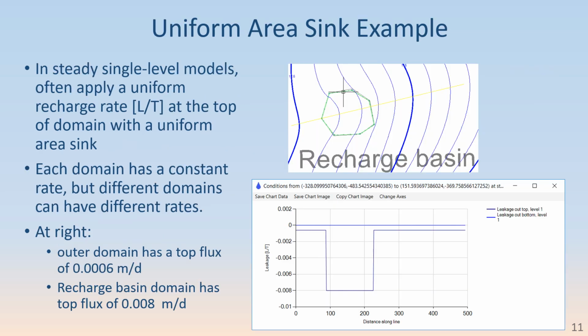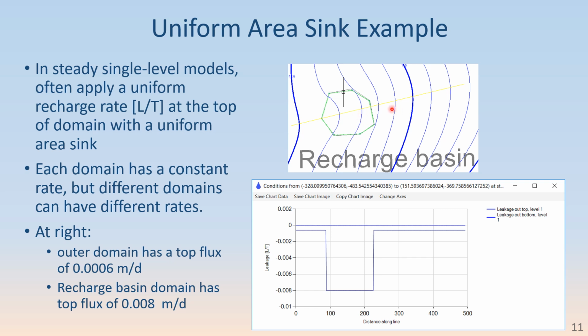Here's an example of a good application for uniform area sinks. This model at right here has an outer domain with a fixed recharge rate coming in the top. And by the way, this is a single level steady state model. And within this green polygon is another domain that is a recharge basin where it's a substantially higher rate of recharge, but over the area of that particular domain, the recharge basin domain, it is uniform. So each domain has a constant rate of recharge, which means a constant extraction gamma,